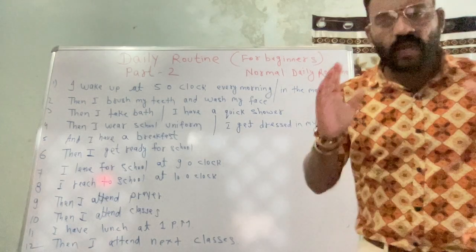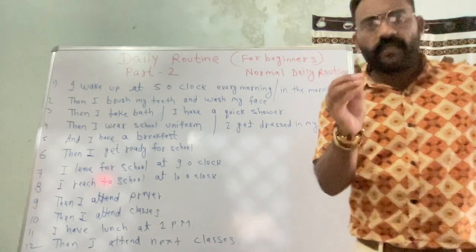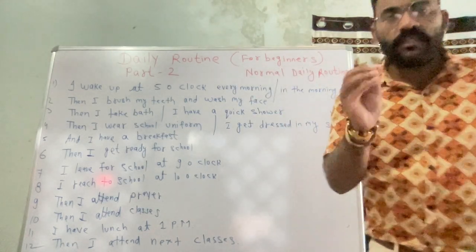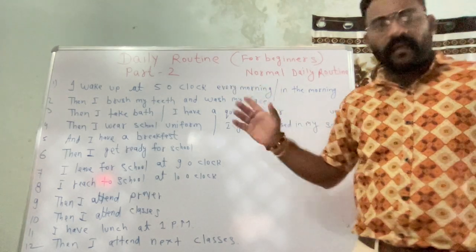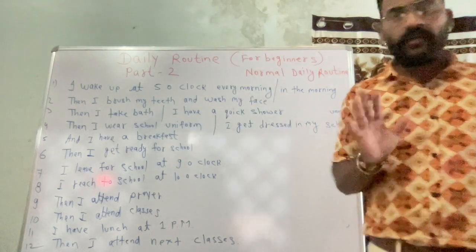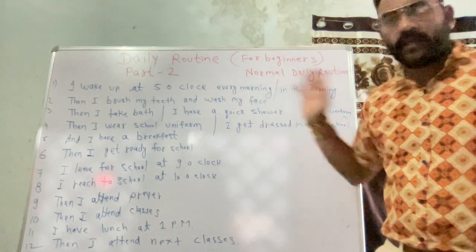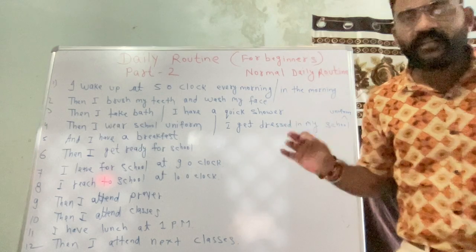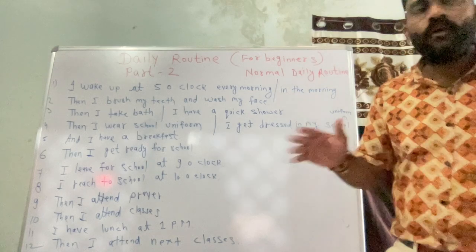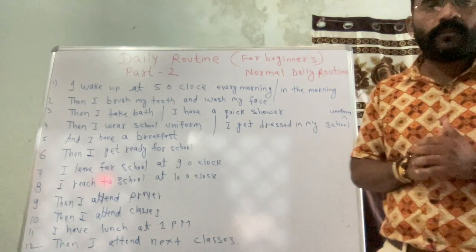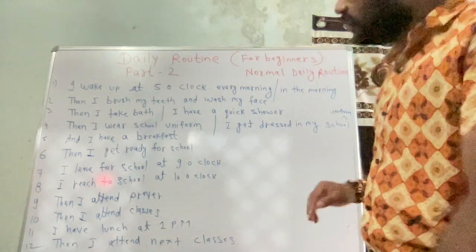Now about timing, you have to be cautious. Suppose you wake up at sharp timing, like 5 o'clock, 6 o'clock, 7 o'clock, 8 o'clock. If you wake up at exact time, you have to say o'clock. And suppose you wake up at 5:30, you have to speak: I wake up at 5:30 every morning. But you do not have to speak 5:30 o'clock. We people do not speak that. I wake up at 5:30 early in the morning, every morning. So you can choose your prescribed timing. So this is the first sentence.